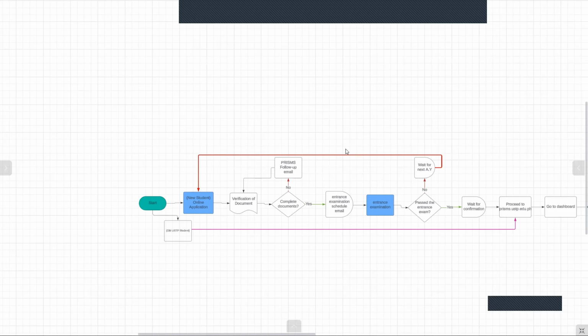After receiving it, you will directly proceed to prisms.ustp.edu.ph to log in with the account given to you. After logging in, go to the dashboard and fill up the student information. After filling those up, you are required to submit the hard copied documents face to face. This is the physical enrollment.